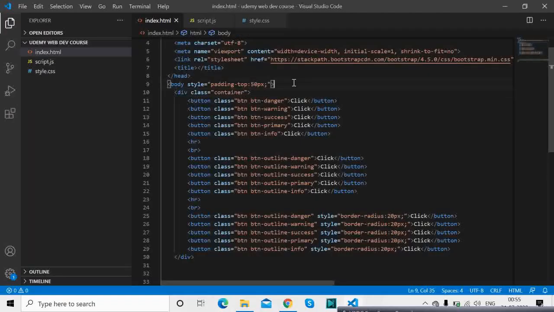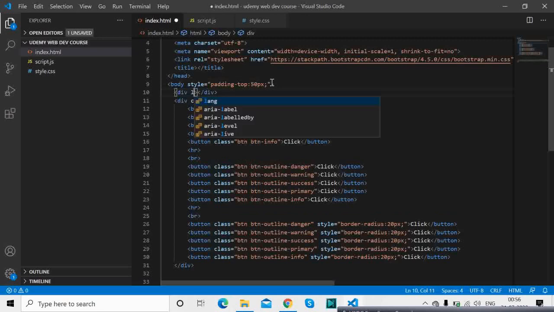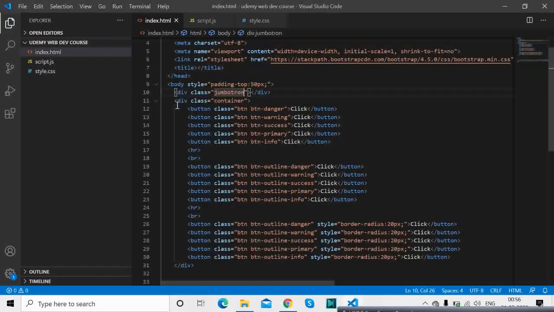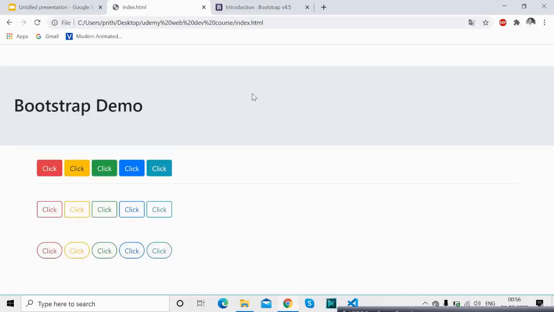So there is something called div, and you have this class called Jumbotron. Okay, inside this you can give a kind of header. Okay, so you say Bootstrap demo. Okay, so this is it, and here you have it.